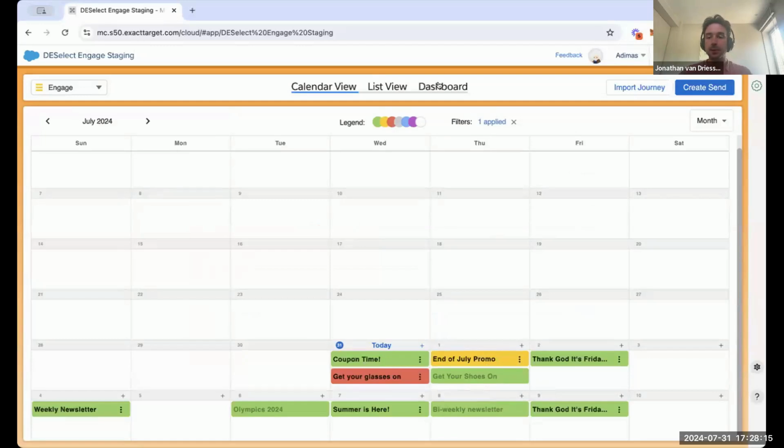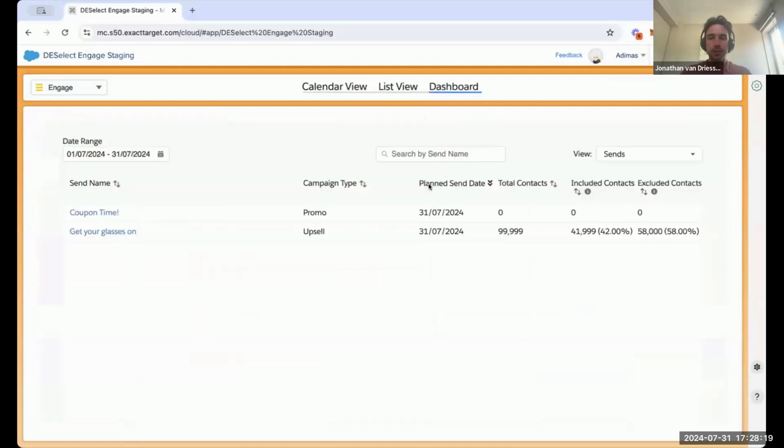All right, the last thing that I want to show you is our dashboard capability, which is where you're going to have full visibility on all the sending that's happening and all the decisions that the system is making. So we did do a send today, the Get Your Glasses On. We can see here that we targeted just under 100,000 people, and 42% of those people were included, while many people were being excluded. So if you want to see the details of this, we just click here, and then